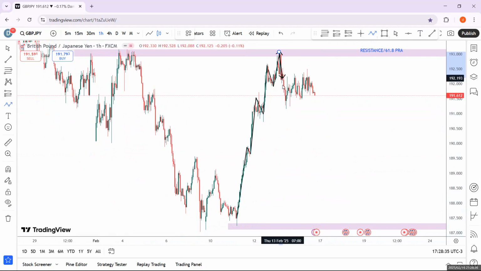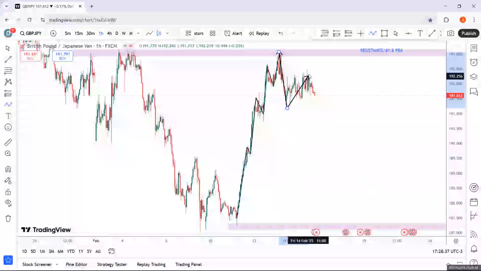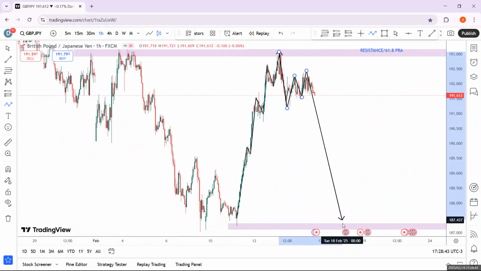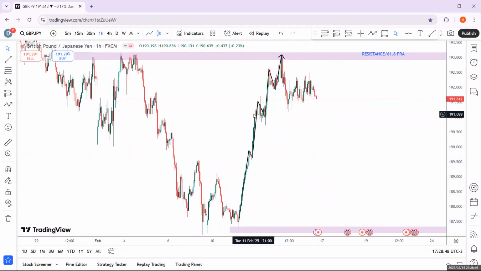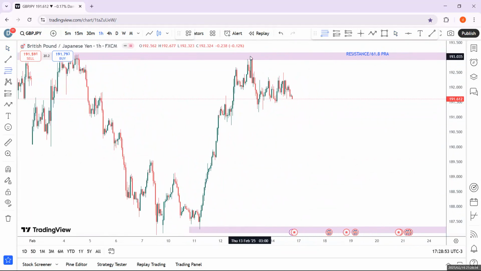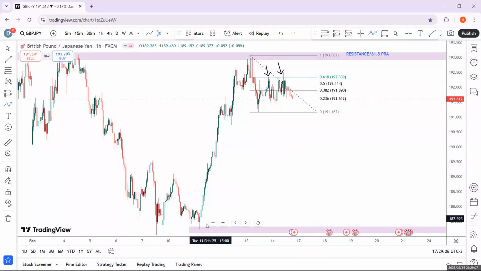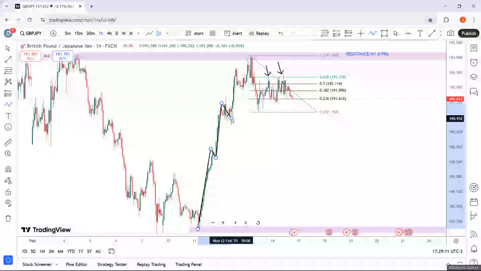In fact, after the break of structure, beyond this entry, what did price do? It gave a discount. It came to 61.8 the first time, came to 61.8 the second time, and we will be expecting price to sell to as much as this level. Okay, so what are we going to do in this case? We are now going to bring out the Fibonacci from the high right here to the low right here. We can see that 61.8 was tested the first time, 61.8 tested the second time. Remember what I told you guys about the second touch of 61.8, and this is happening when we could see a break of structure. There's also a probability that